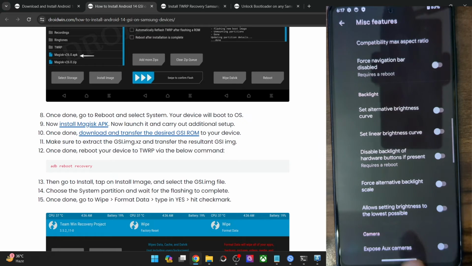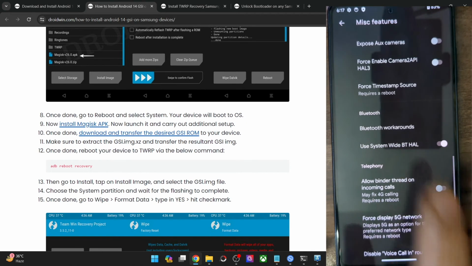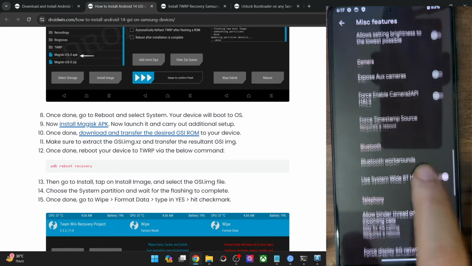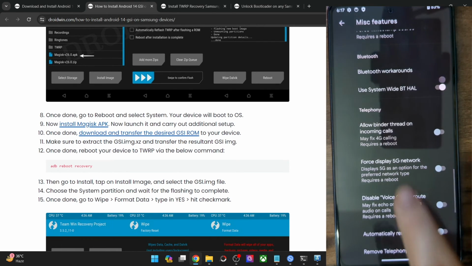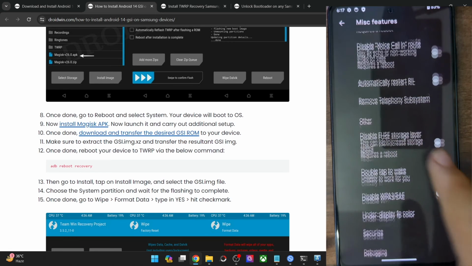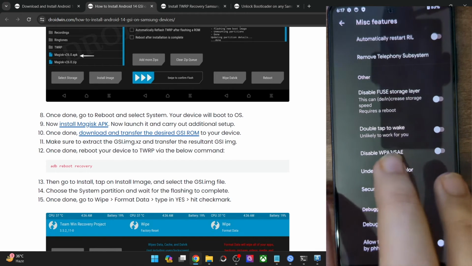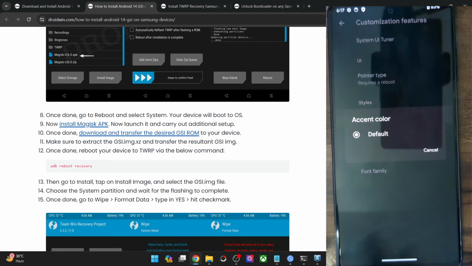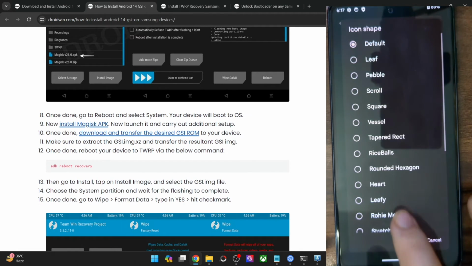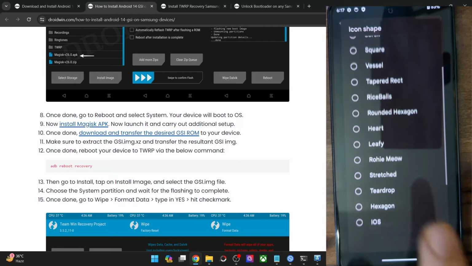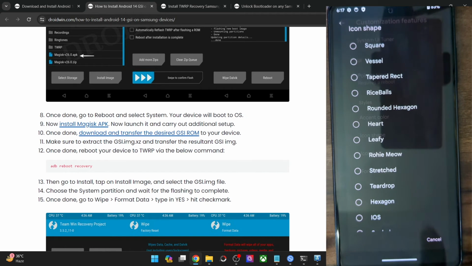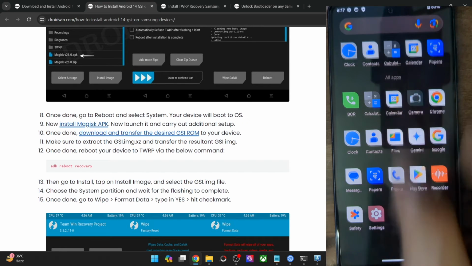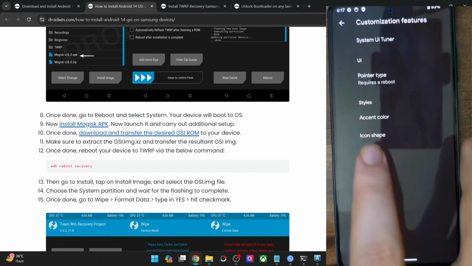And there are quite a lot of high level advanced tweaks for you to check out. You may enable the camera2 API for Gcam, and apart from that, carry out all these tweaks for the telephone sensors and all the other debugging tweaks. Then there are a few customization tweaks as well. For example, icon shape. There are quite a lot of icon shapes that you could choose from. For example, let's select leafy and check out the result. As you could see, the change has been implemented across the home screen and the app screen.